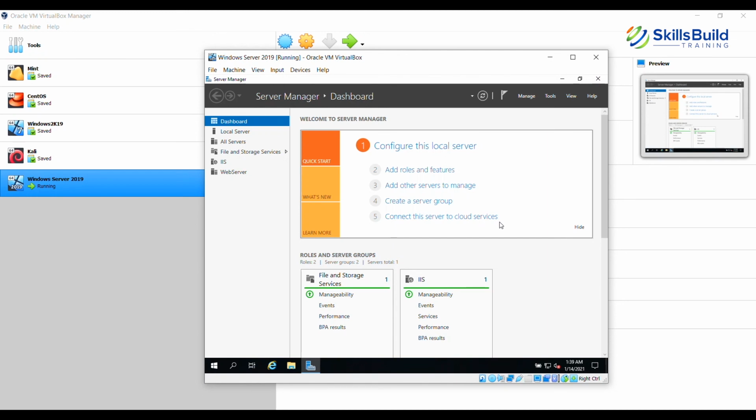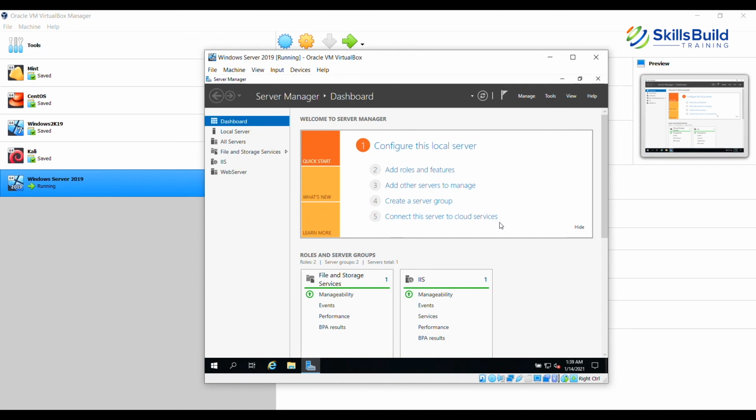Let me see if there is anything else that is left out. I think we've pretty much covered everything about the objectives that we had discussed in the initial stage. So let me just quickly check. We talked about the introduction to Windows Server 2019, the versions of Windows Server, desktop overview, server manager, roles and features, adding other servers to manage, and creating a server group. We also talked about different tools, computer management, Windows PowerShell, and local security policy. And the last thing remaining is installing applications in Windows Server 2019.